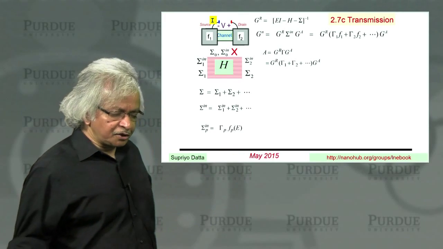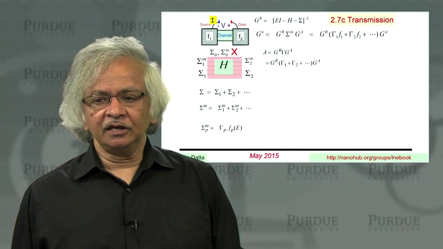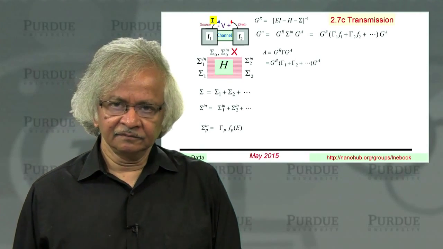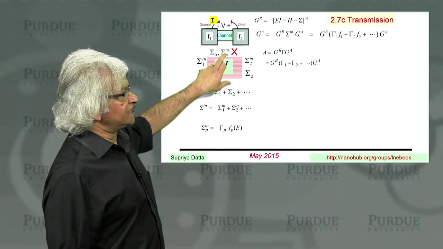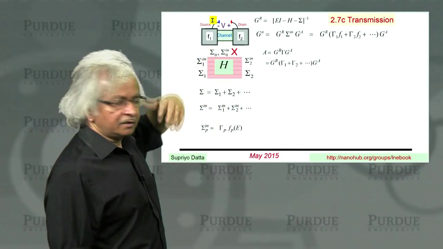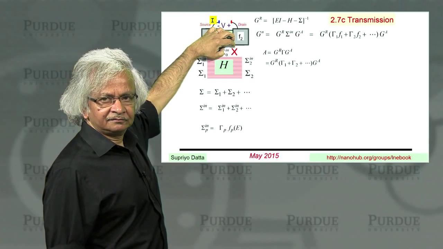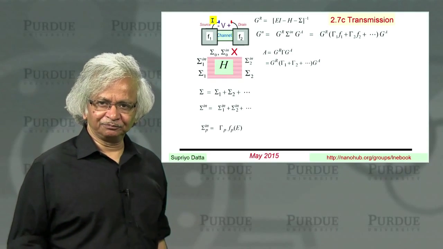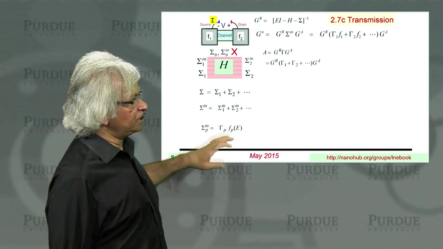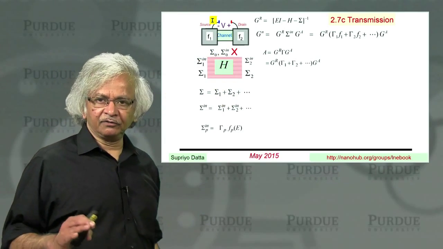And I should mention in this context that there is a widely used method for including dephasing due to Buttiker, where you, instead of this sigma zeros, what you imagine is as if there's another contact there. But you assume that that contact is also described by its own Fermi function. Right? Whereas what we'll be using is the NEGF method, where we do not assume that these are described by a Fermi function.